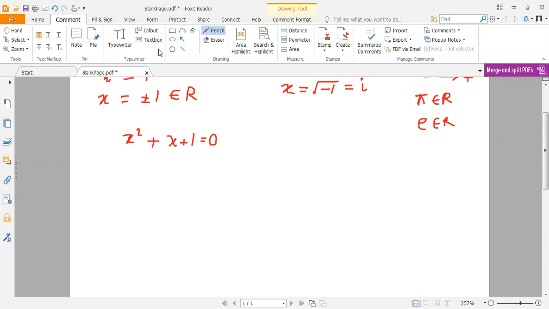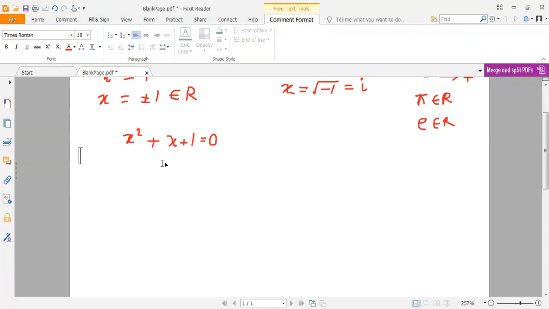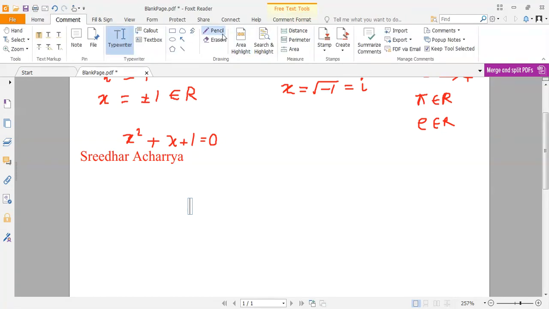Now I know of something called the Sridhar Acharya formula. Do pardon me if I make spelling mistakes, but I'm pretty sure this is the spelling. I'm not sure though. We have something called the Sridhar Acharya formula. If I use that, I'd get the solution to be x